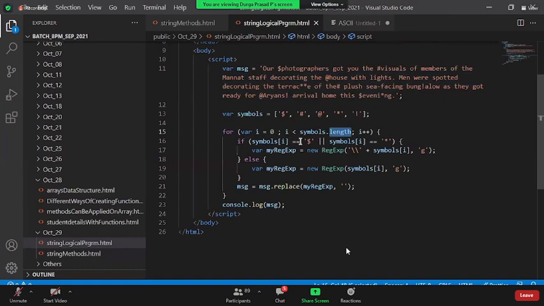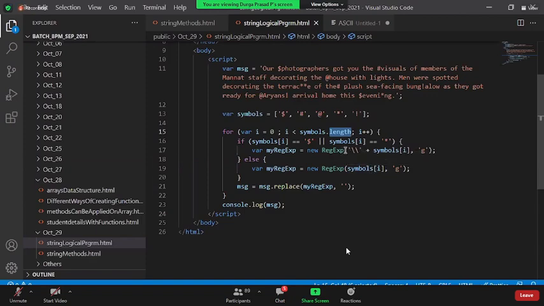Now, for dollar and asterisk, there is a predefined meaning in regular expression. When you give an asterisk, that indicates any number of characters. Dollar indicates the last character. So that is the reason it is not getting applied. So what I need to do is put something called a slash slash. If I put the slash slash, then it will be skipped.